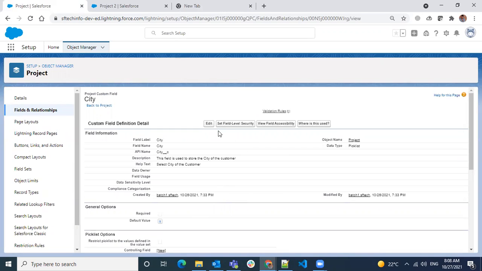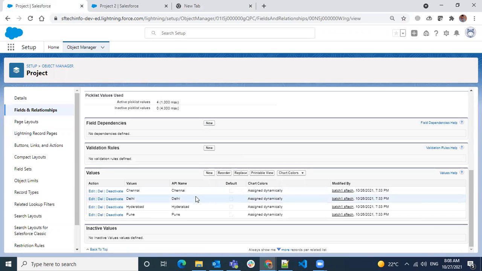Before going to that, what is a global pick list value? It is also a list of values, like what you have here. But when many objects and many fields use the same set of values in the drop down, and in the future you need to add more values, it becomes a burden.